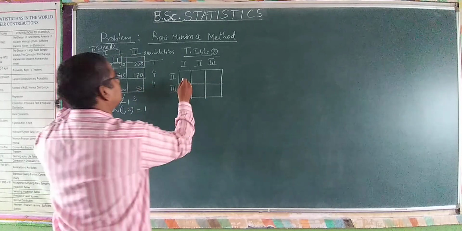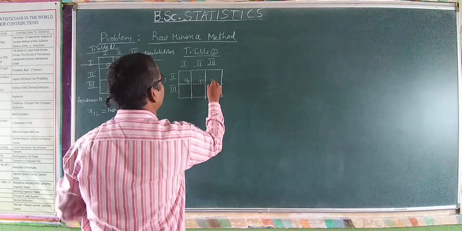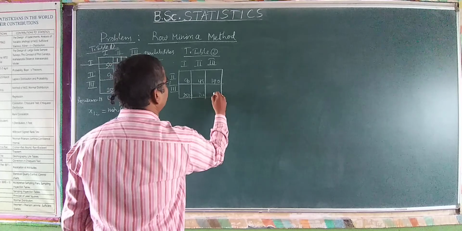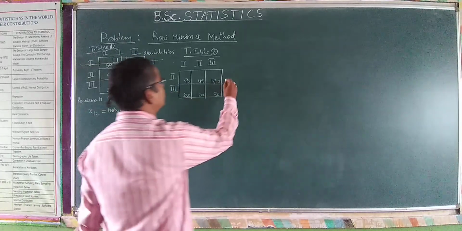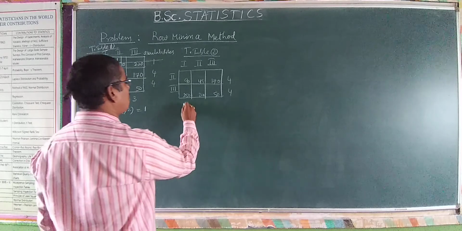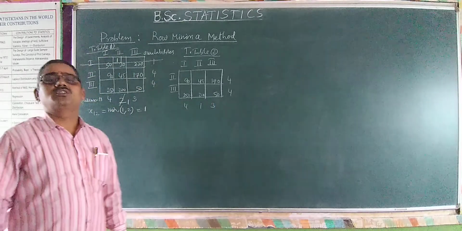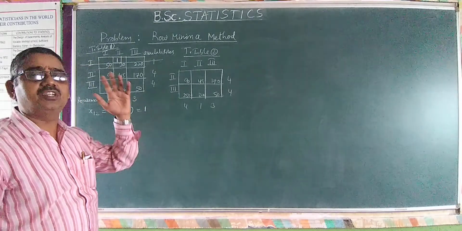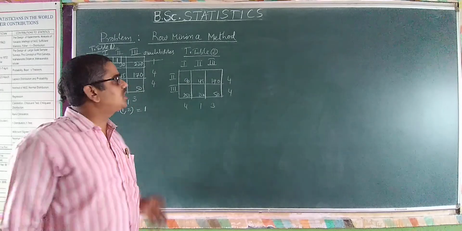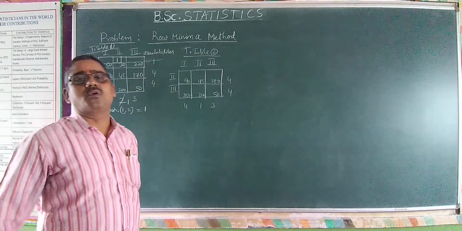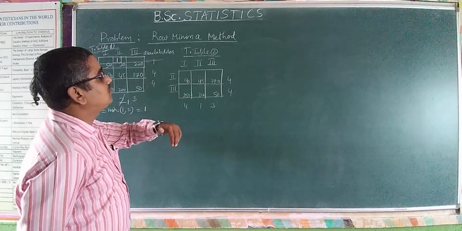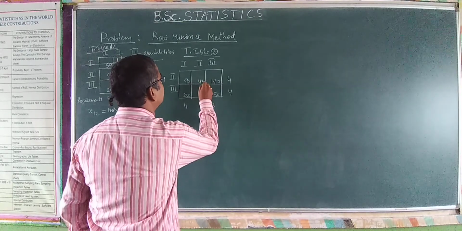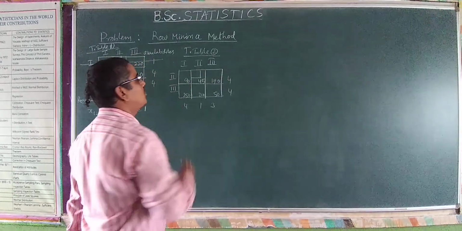Consider the remaining values. The costs here are 90, 45 and 170, and 250, 200 and 50. The availabilities are 4 and 4, and the requirements are 4, 1 and 3. Now again you consider the second row, because the first row was cancelled and finished. While considering the second row, you take the minimum cost, 45. So you make the allocation here.